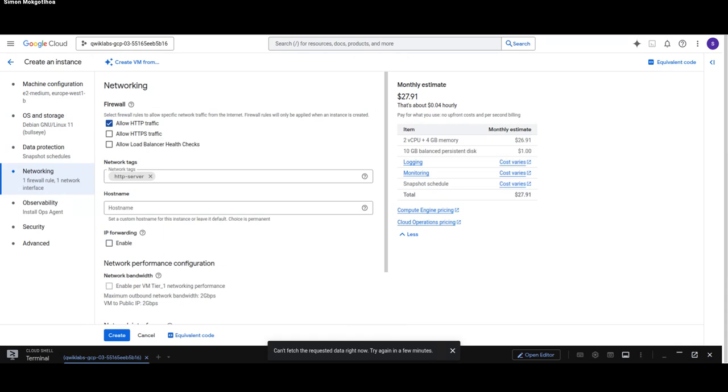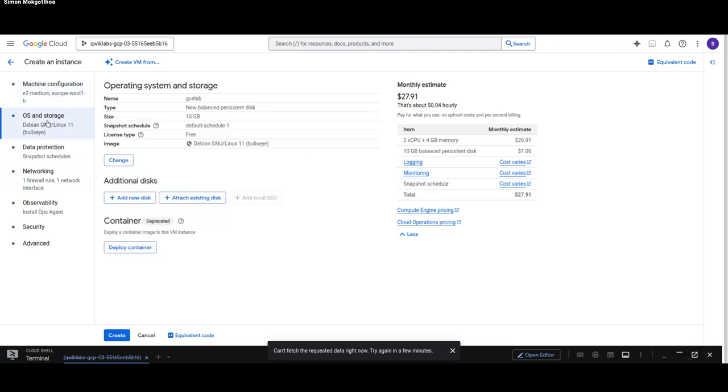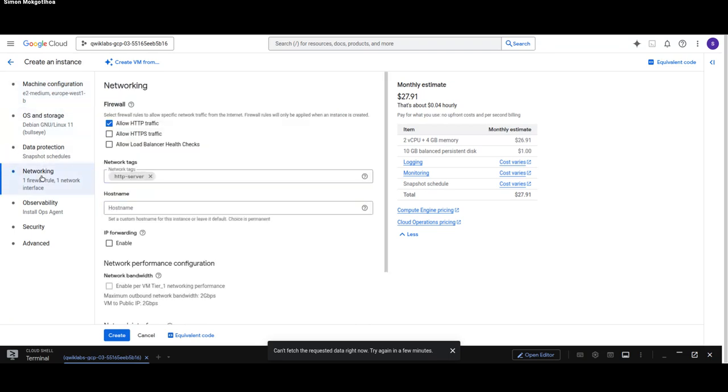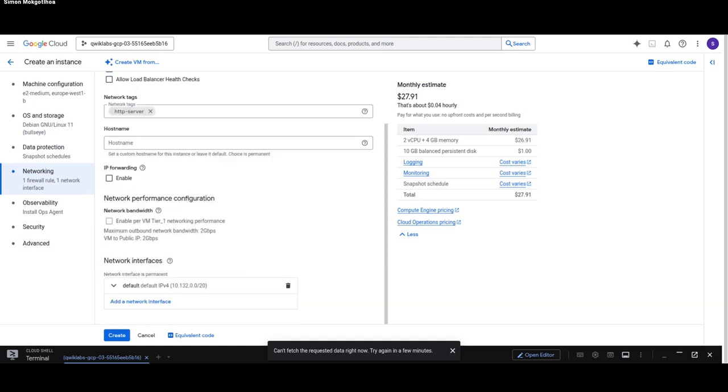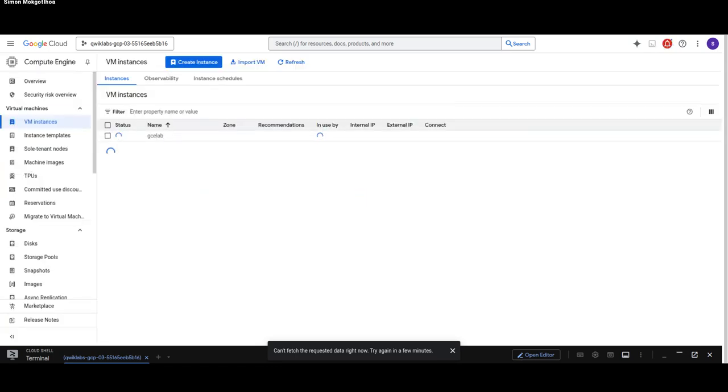We made sure our machine configuration is in order, which was over here. We configured our OS and storage, and we just checked our network. Everything seems to be in order. Don't worry about all these other ones. Those are preset for you, so you should be fine. Now that we have all our checks in order, let's finally create our VM. Fingers crossed, demo gods don't fail us now. Let's see how that plays out.